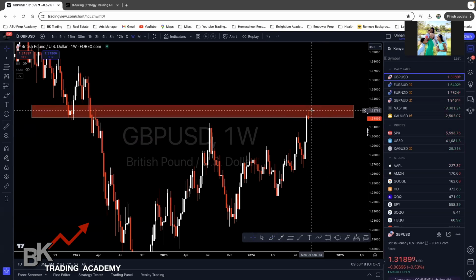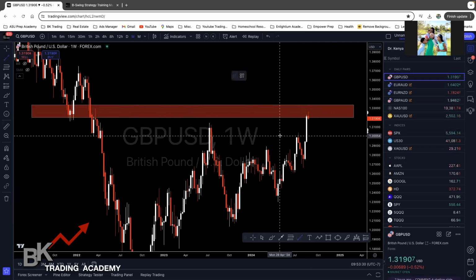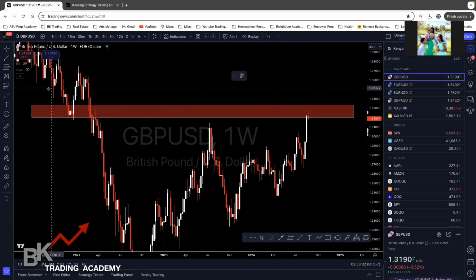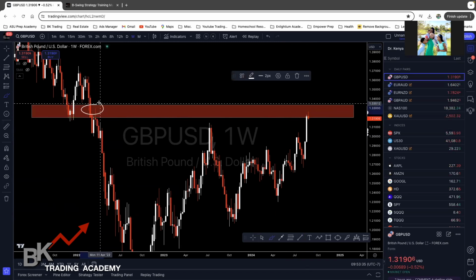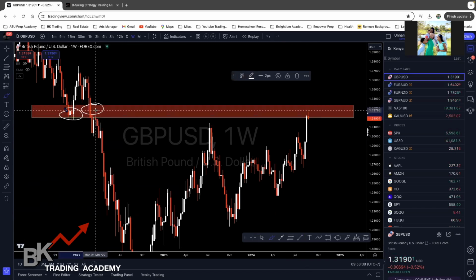So typically what you'll find, when you backtest this strategy, is that you can go for about 200 pips within a week to 2 weeks, and that's holding multiple positions. But you should be able to get a 200 pip move just off of one position, all right? And what I want you to see here is that back in March of 2022, you can see it was support and resistance, but look when the market fell from this level,